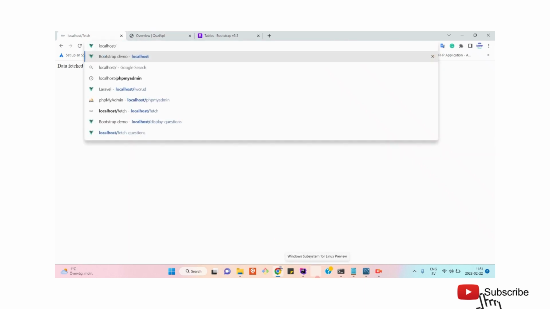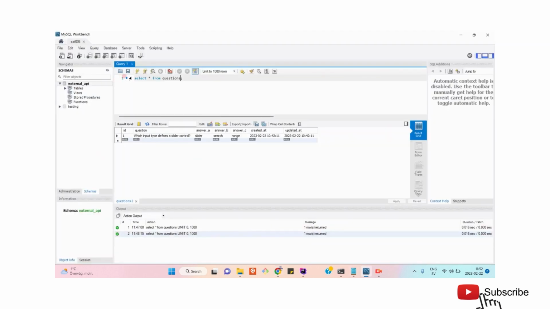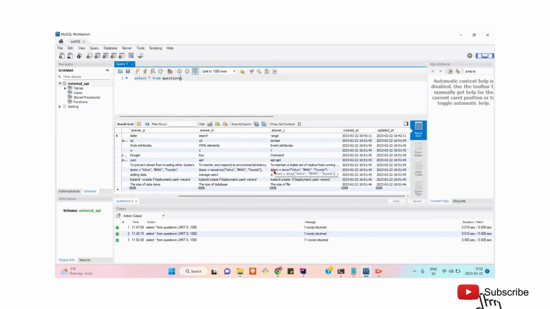And now if we go to our default route, yeah, now we can see all the records from the external API which have been saved into the database. We can also refresh our database, and yeah, now we can see all the records there too. That's it for today. So this is how we